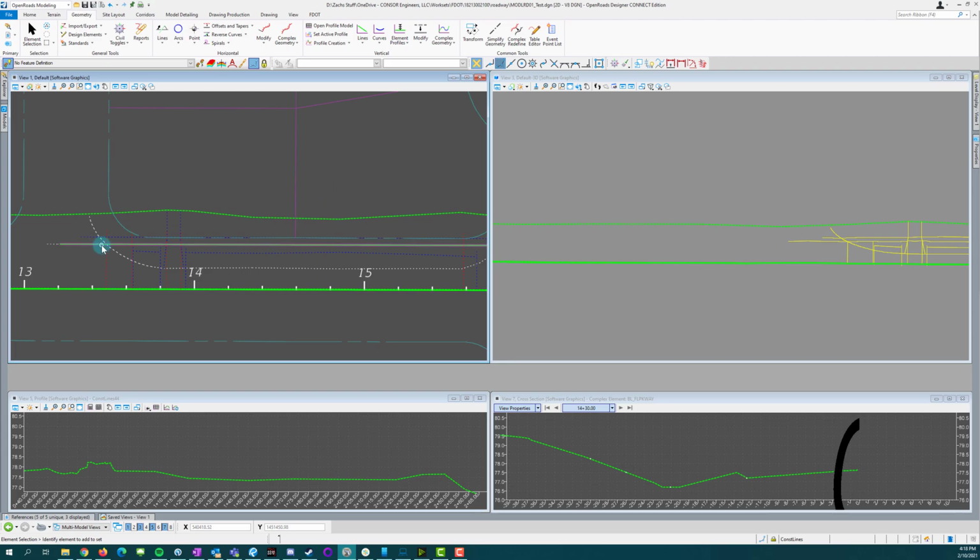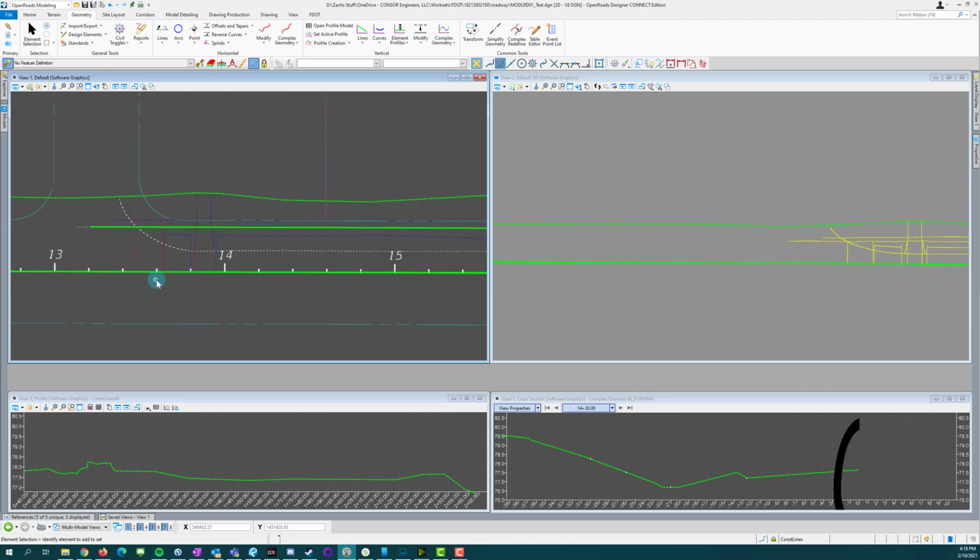And so really the only thing I need that for is the horizontal location. So what I want to do is come in here and create a corridor based off of this center line alignment. We're going to go create corridor, right click for active profile,